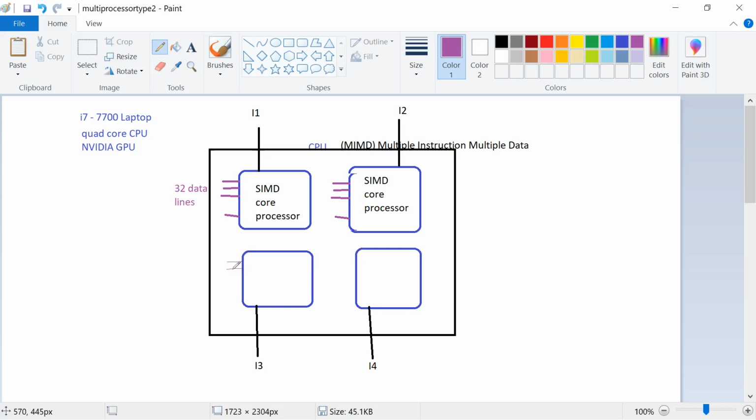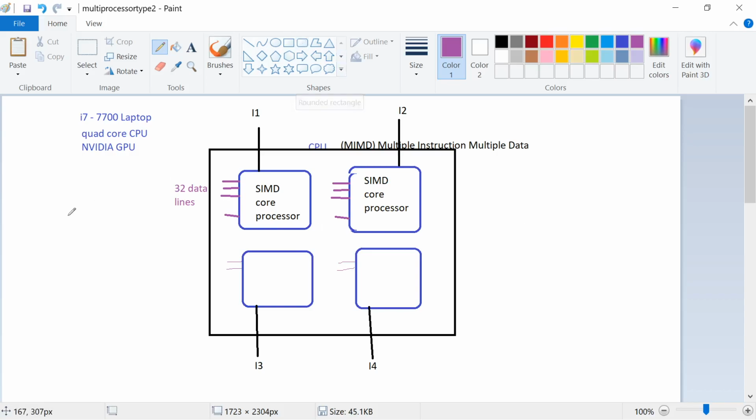So what does this mean actually? It means even though there are 4 instructions coming in here, each one is behaving like a SIMD, which means if there's instruction 1, I can calculate at least 32 data points in one go, in one clock cycle. For the second instruction, I may have another data set which can calculate another instruction. So these are the processor types: SISD, SIMD, MISD, and MIMD. Right, 4 types.